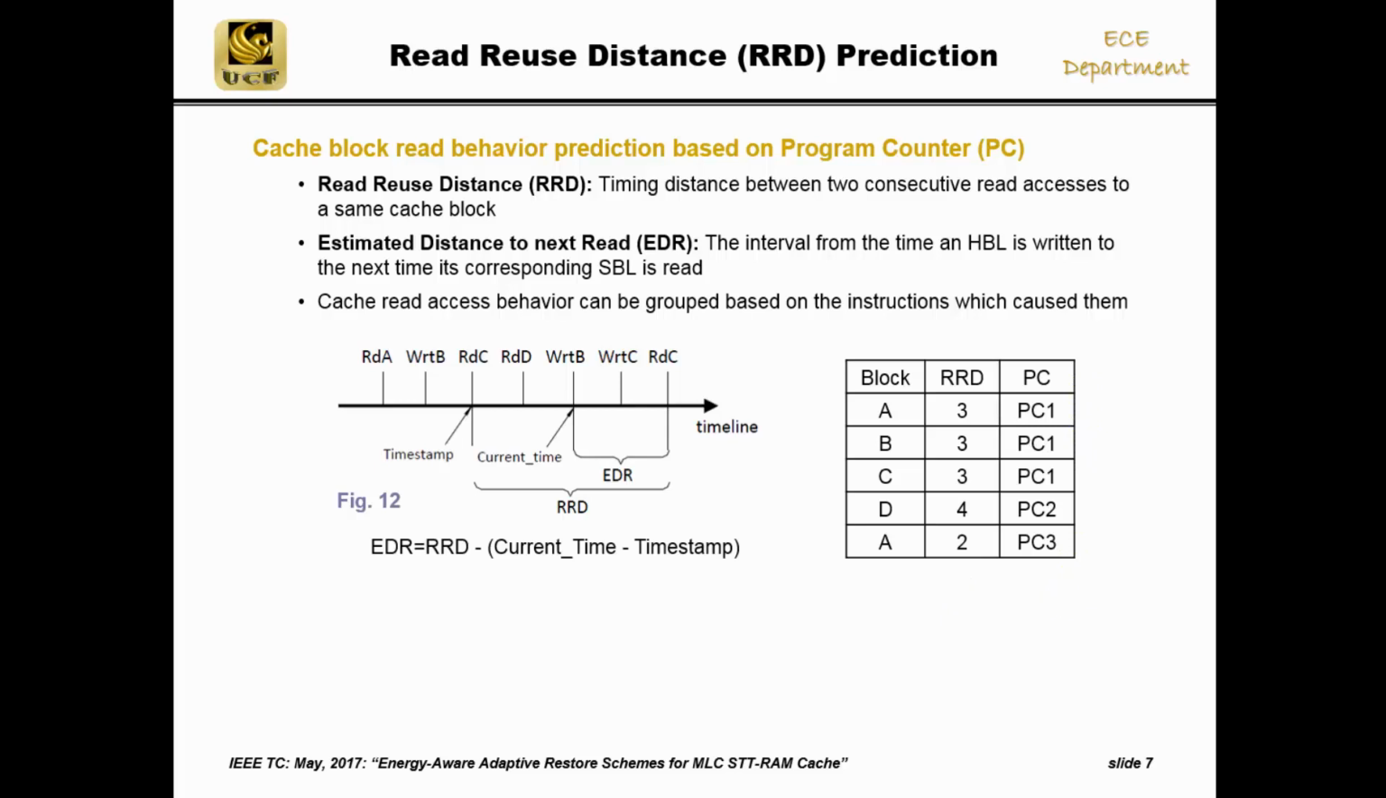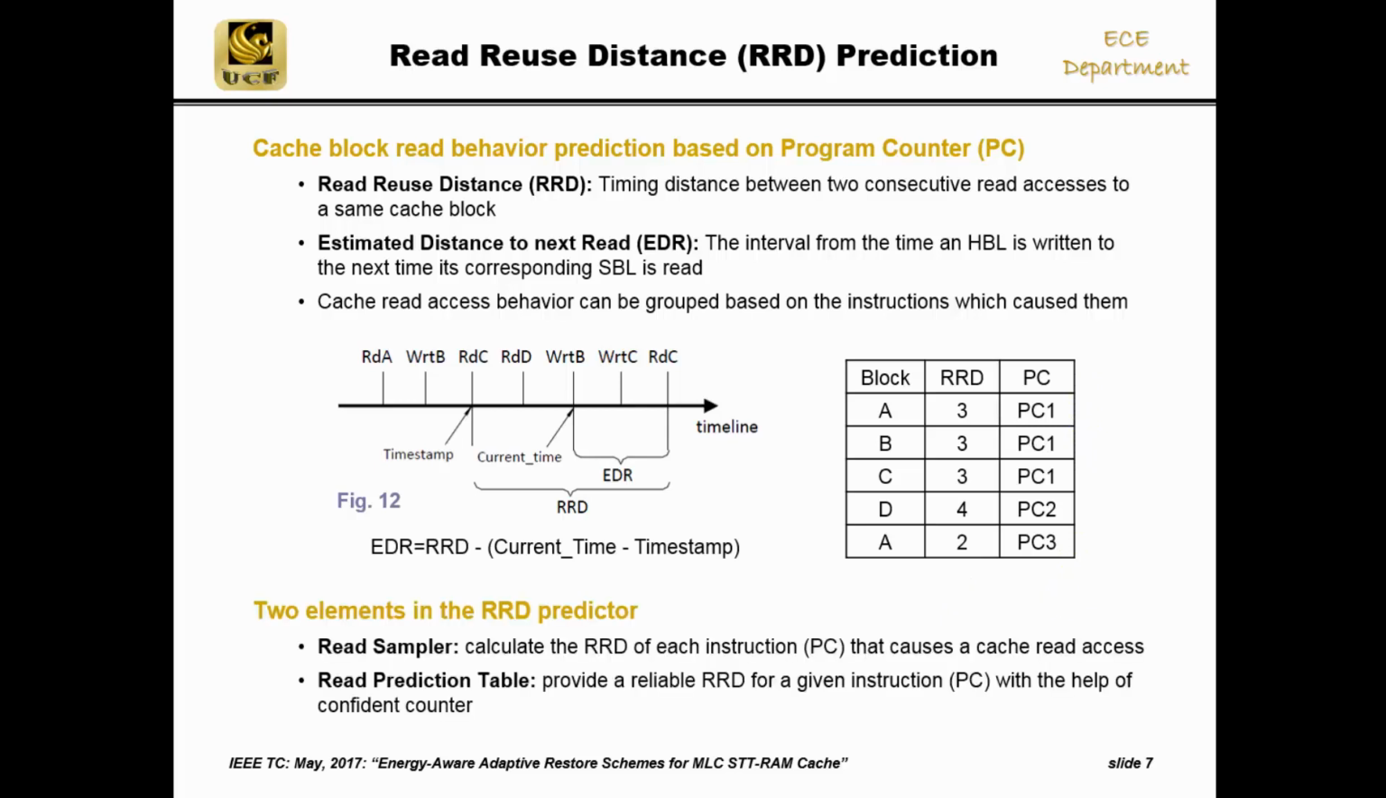the point of execution. There are two components within our predictor design, a read sampler and a read prediction table. The read sampler calculates the RRD of each instruction that causes a cache read. Meanwhile, the read prediction table provides a reliable RRD for a given instruction with the help of a confidence counter